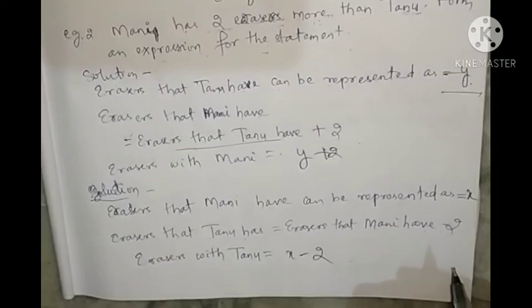Okay, so here we learned what algebra is and how we use letters in algebra. These letters are what? Their value is unknown and not fixed. It is always varying, meaning it is always changing. That's why these are known as variables. So this is about today's class. I hope you have understood. Okay, thank you.